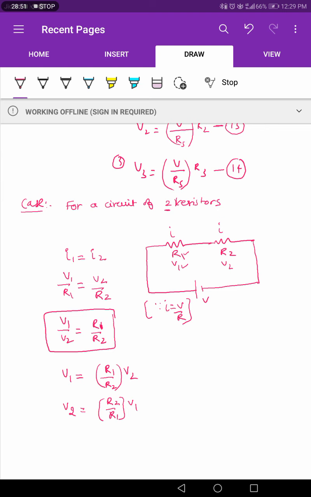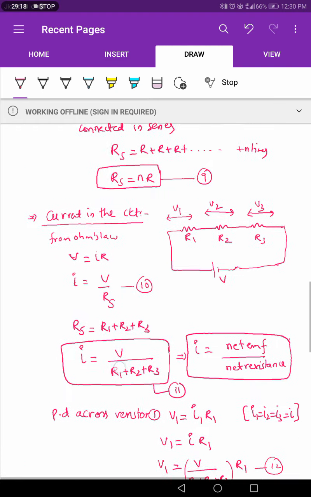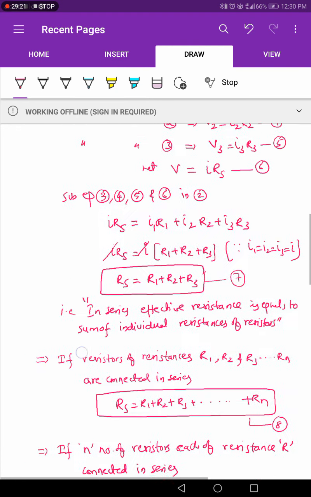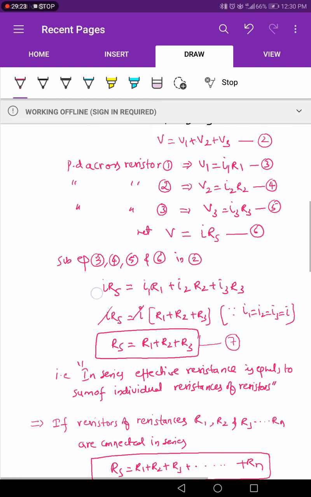In the next class we are going to discuss the parallel combination of the resistors and how the current is divided in the resistors. Now here you can write one point in series. So make the notes, write as it is. The way of writing the classwork should be the same as mine. How I have written here, in the same format you have to write them. If you want you can pause the video and take some time and write it.